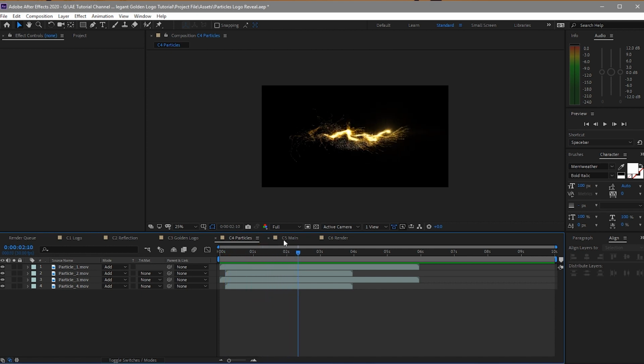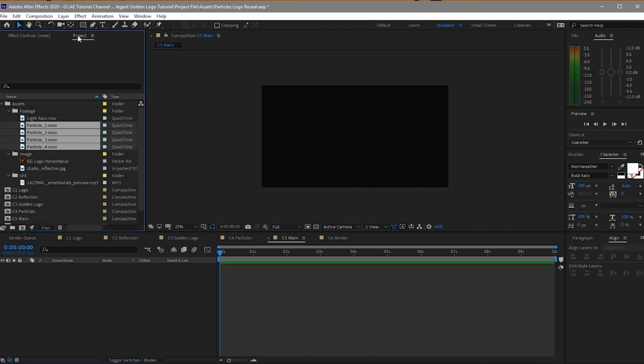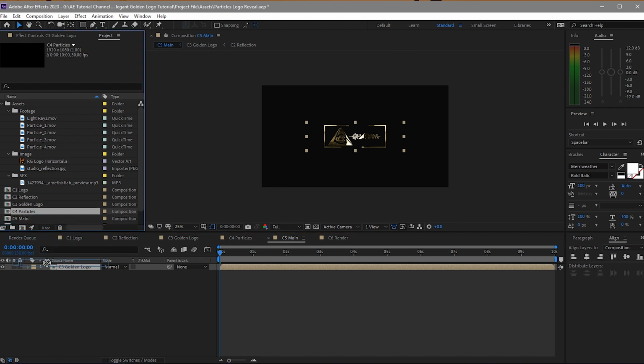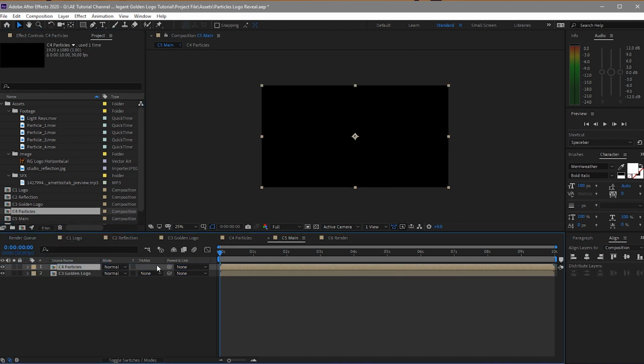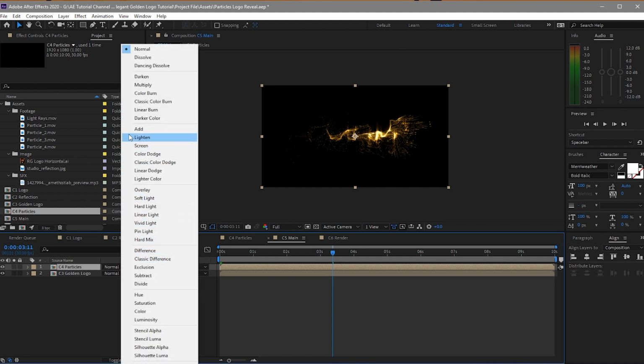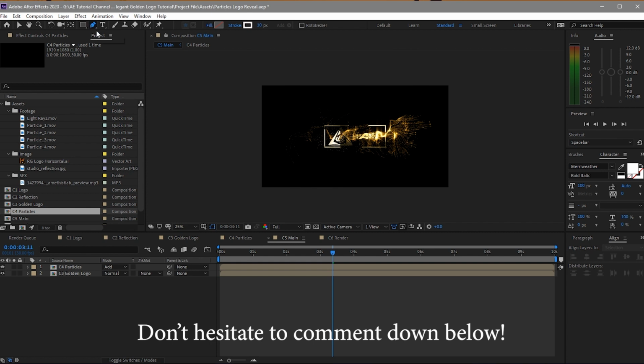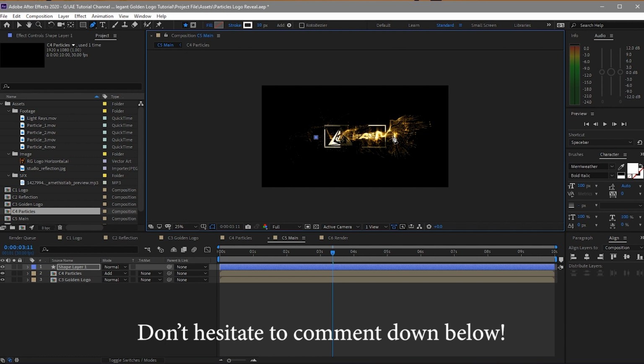Okay, so we will open the C5 main, open the project files, drop down the golden logo and the particles, move your playhead up to this point, and make the blending mode here to be add, so we can see the logo. And then click this pen tool, make a path on it like this one,